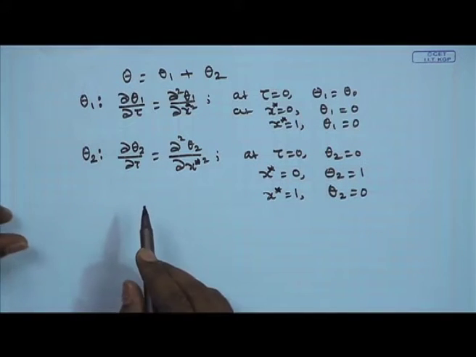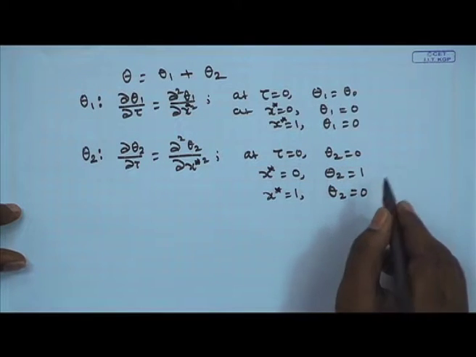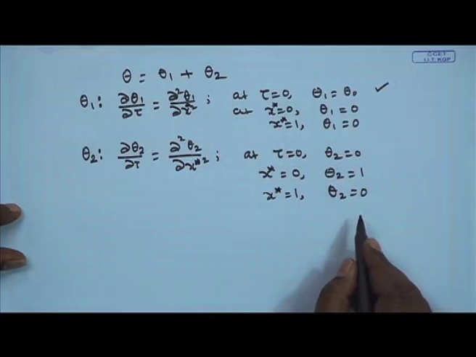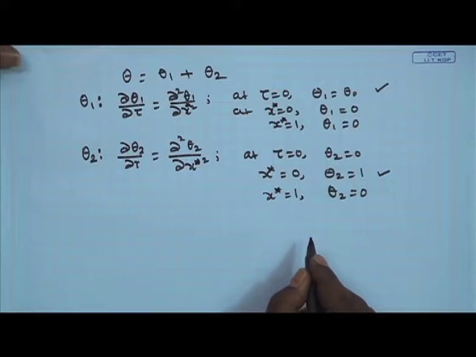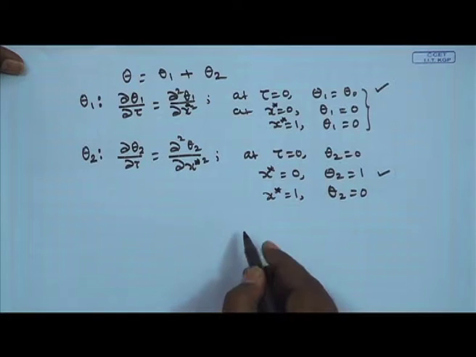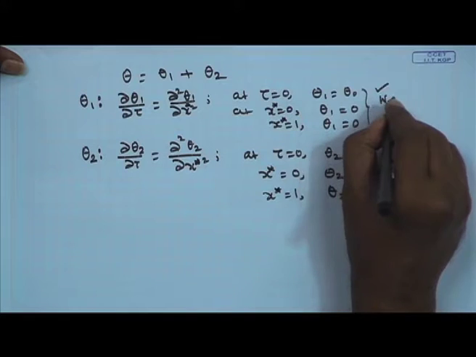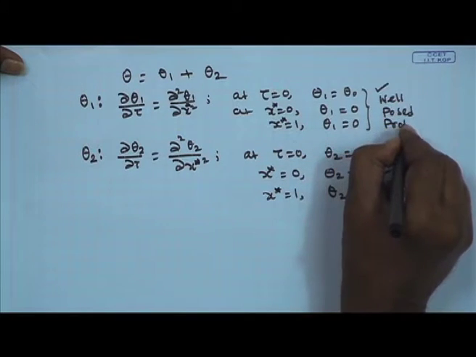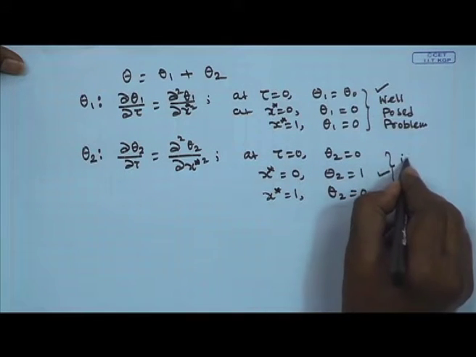So, I break down this problem into 2 sub problems considering one non-homogeneity at a time. I keep the non-homogeneity in the initial condition and the non-homogeneity in the boundary condition in these 2 sub problems respectively. Now, if you look into this sub problem, you can identify that this is already a well posed problem. On the other hand, this is an ill posed problem.